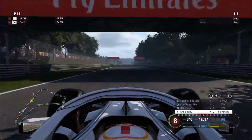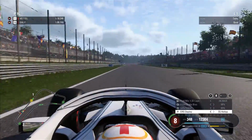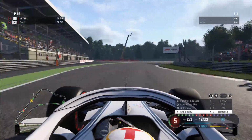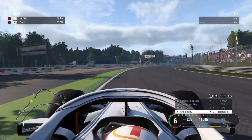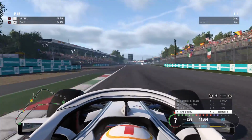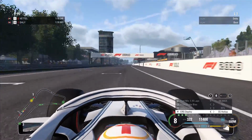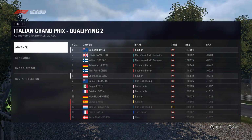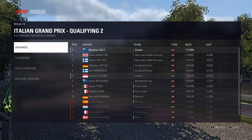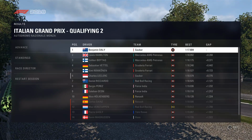Through to the final corner now, you can see we're running an overtake just to maximize the top end speed with the battery through the final corner, Parabolica. 5th gear, I probably braked a little bit early there, but it'll give us a nice exit and a nice run onto the start finish straight. Across the line, it is a 1 minute 17.8, puts us on provisional pole as we head into qualifying 3, 2/10 clear of